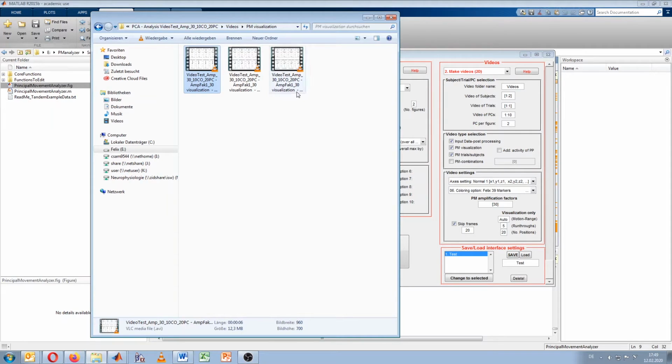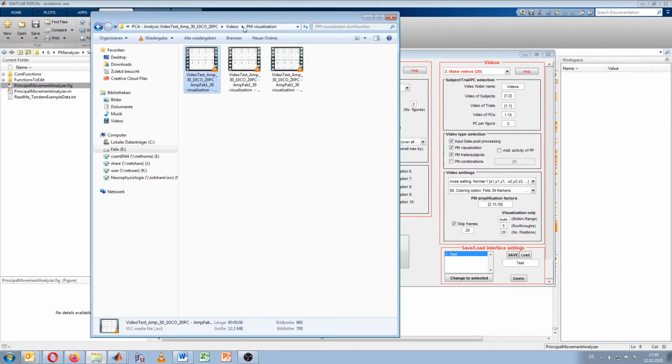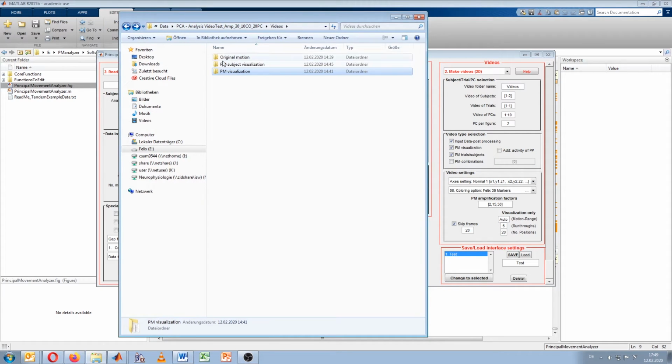But sometimes, especially in balance trials, it is very necessary to amplify the movement a little bit. And as I just showed you, the higher the number, the more you will amplify the movement. What you can also do is, for example, what was in there in the first place was 2, 15, and 30. If you separate it with a comma, the amplification factor will always relate to the different